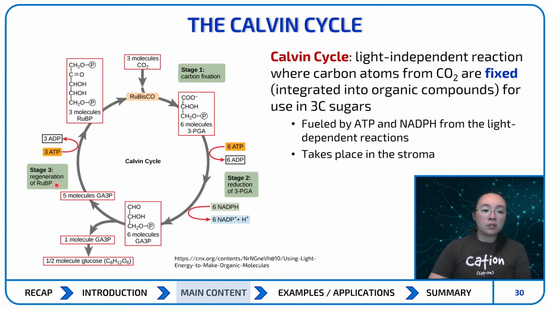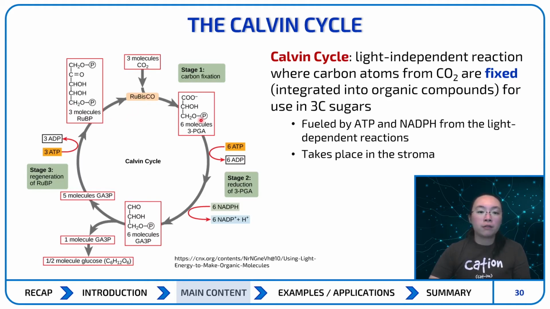So there are 3 main stages for the Calvin cycle. The first stage is carbon fixation. In the presence of carbon dioxide, ribulose 1,5-bisphosphate carboxylase/oxygenase, which we just call Rubisco because we don't want to say that all the time, and 3 molecules of ribulose bisphosphate, RuBP, initiate the reaction. So 1, 2, 3, they initiate the reaction, and for each carbon dioxide that reacts with RuBP, Rubisco catalyzes the